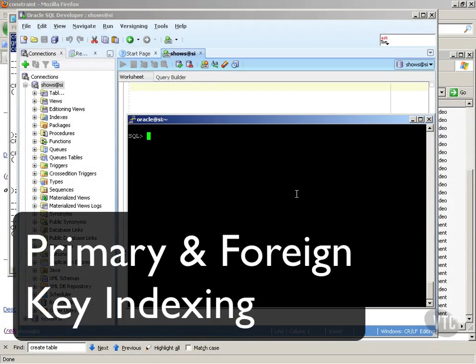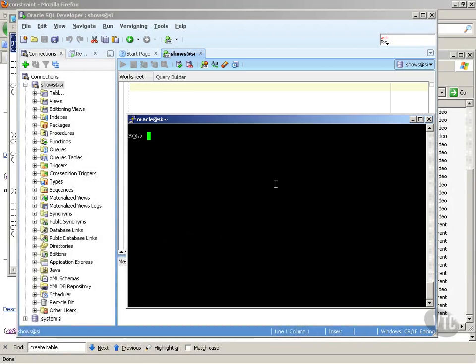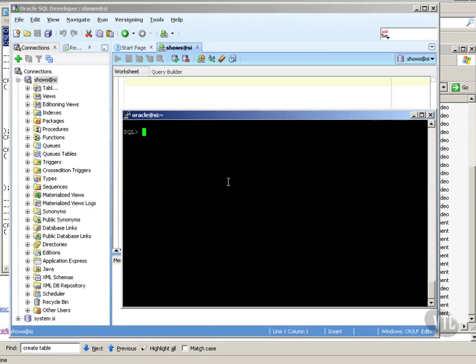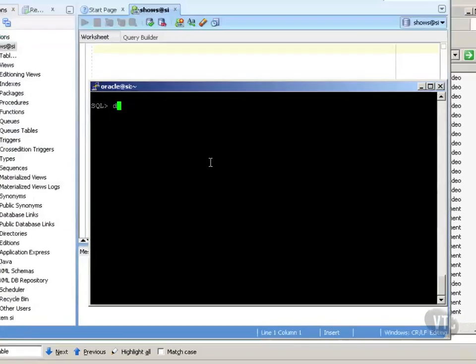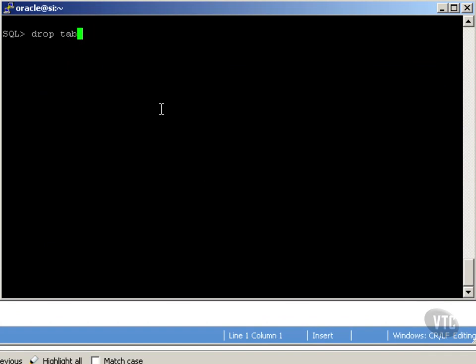So we've done some things with inline constraints, out of line constraints, naming the constraints. I want to show you the indexes quickly, just to show you a few key important issues. So I'm going to drop all the tables again by connecting as system: drop user shows